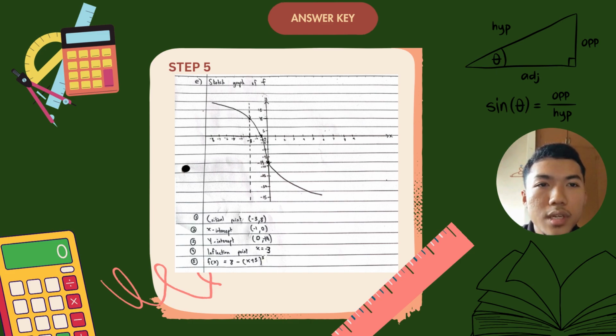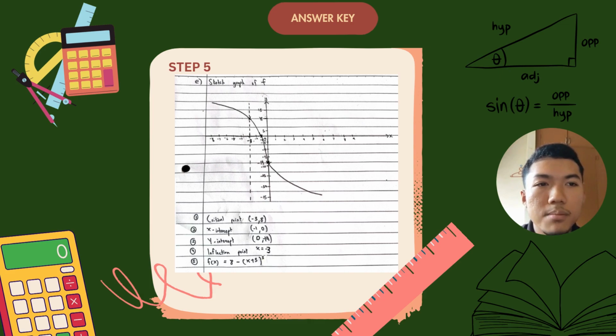The graph shows a cubic curve shape. Since the leading coefficient of x cubed is -1, the graph is flipped vertically compared to a standard cubic graph. The graph is always decreasing. This graph has no symmetry. I have plotted 3 points. X-intercept (-1, 0), y-intercept (0, -19), critical point (-3, 8), and the inflection point at x equal to -3, which is the transition from concave